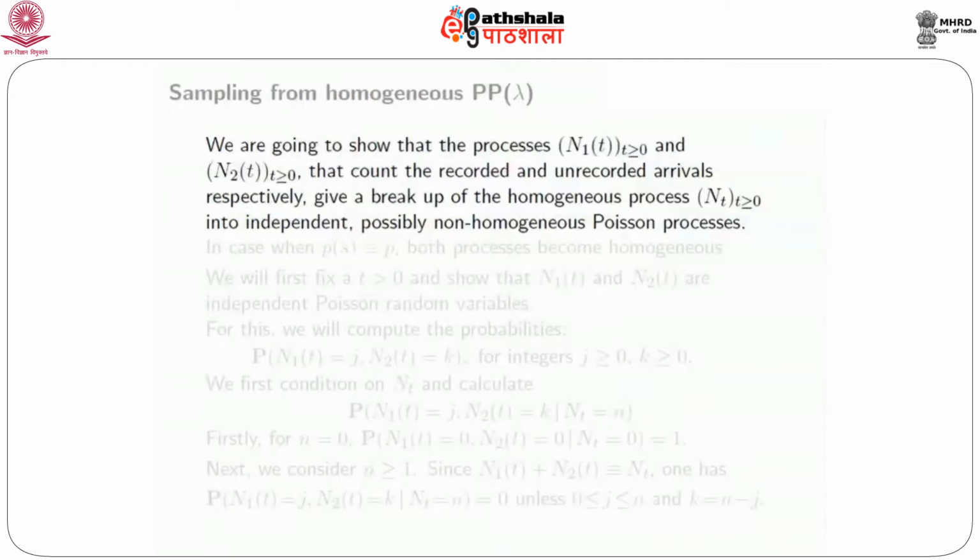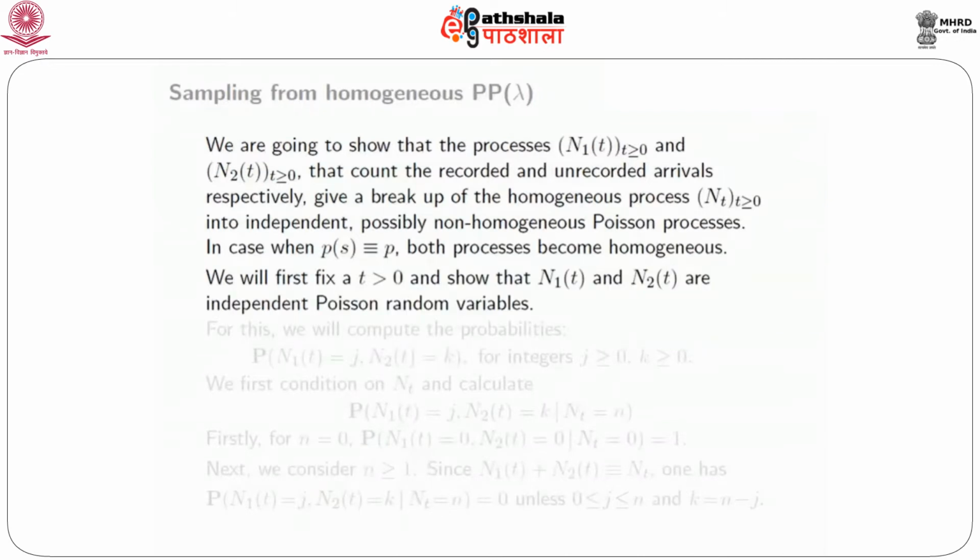We are now going to show that the two processes N1(t) and N2(t) that count the recorded and the unrecorded arrivals respectively give a breakup of the homogeneous process N(t) into two independent non-homogeneous Poisson processes, or I should say possibly non-homogeneous, in the special case when p(s) is actually a constant p, as we had discussed before,